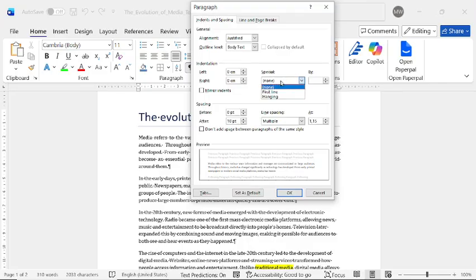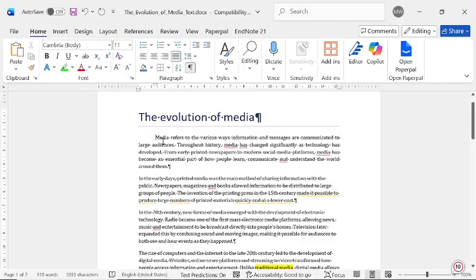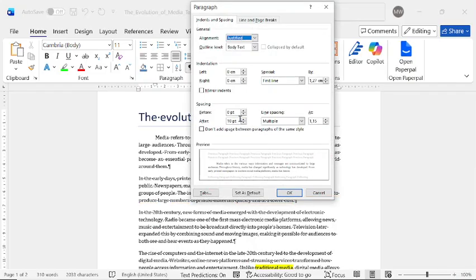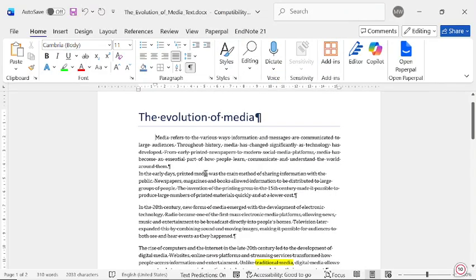Indentations just mean that if I were to go here, I'm clicking that we want a special first line indent of 1.27. We're going to leave it like that. If I press OK, you will see that there's now 1.27 centimeters of space before we go to our next line. Here we can also do things such as adding spacing before or after our paragraphs. So if we say we want less space between our paragraphs, if I press OK now, can you see that it's closer to each other?